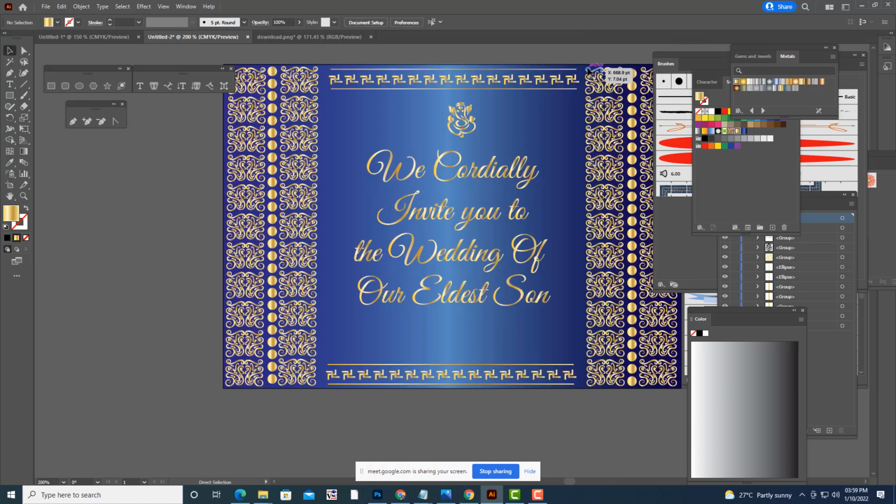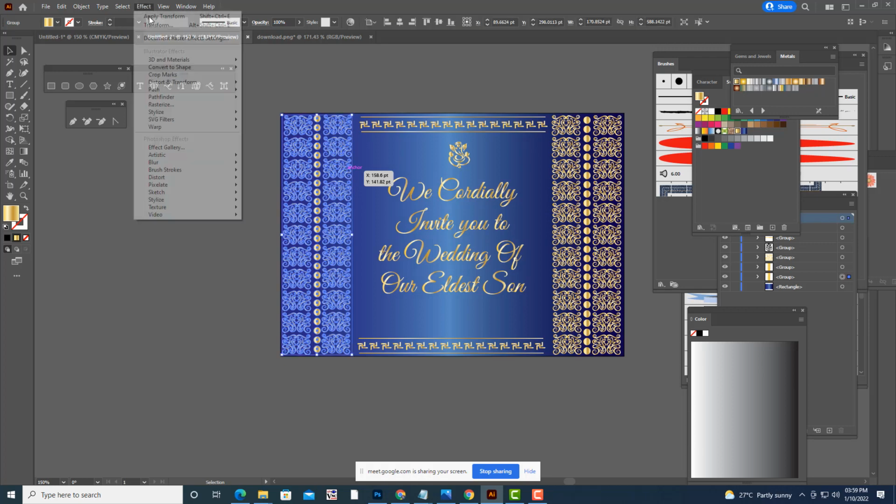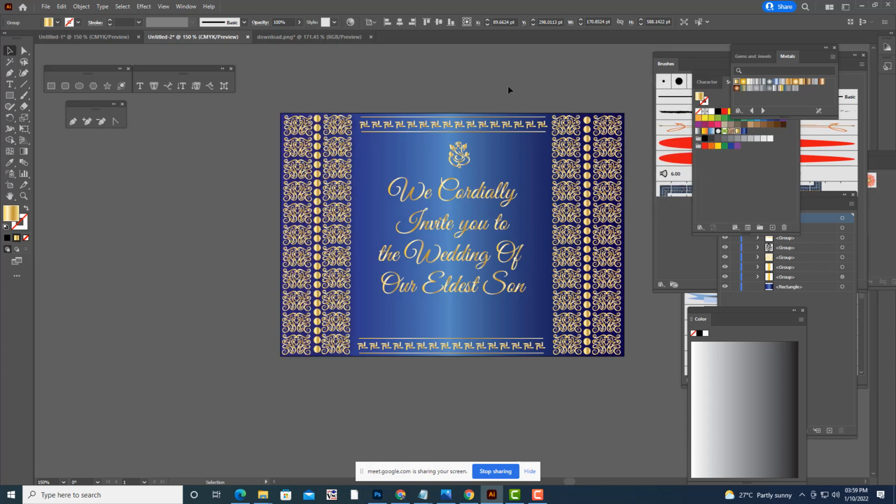In case you want to give some drop shadow, you can give for these things. Very light drop shadow. See, a very light drop shadow I have given.